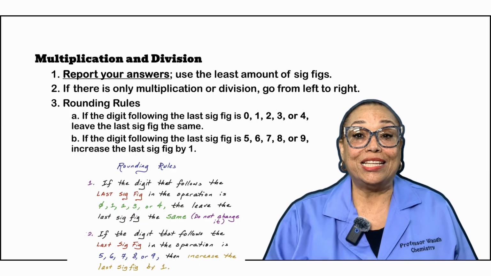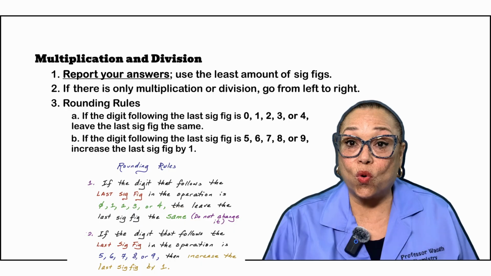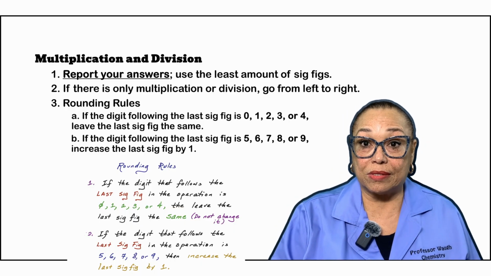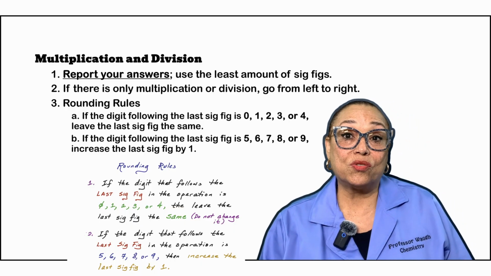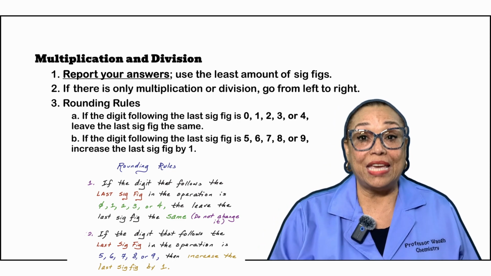So, if the digit that follows the last sig fig is 0, 1, 2, 3, or 4, then keep the last sig fig the same. If the digit that follows the last sig fig is 5, 6, 7, 8, or 9, then increase the last